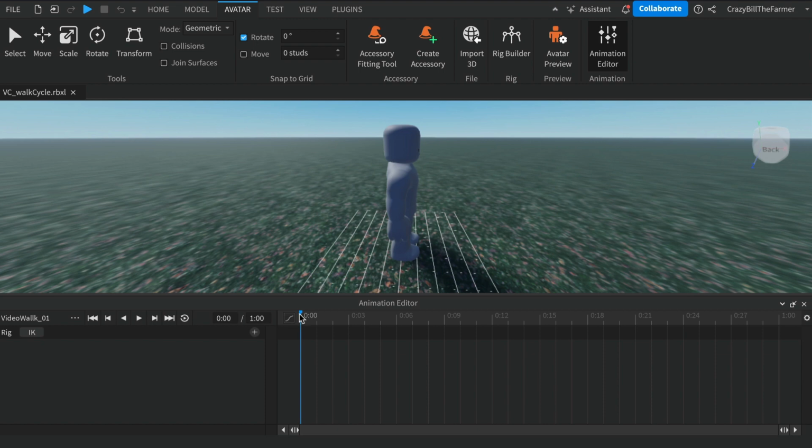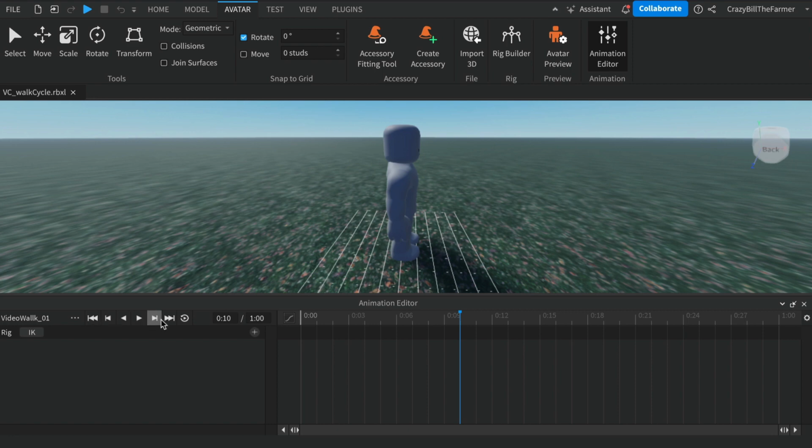If you left click on this blue line, that's called a scrubber, and you can left click and hold and drag that anywhere you like within that timeline. In this timeline is where we create keyframes, and that is what forms our animation, and we'll be doing that in just a minute. Over here we'll have the length of the animation here and where you are within it. So as I said, if you bring the scrubber over here, we're up to 0.1 seconds,